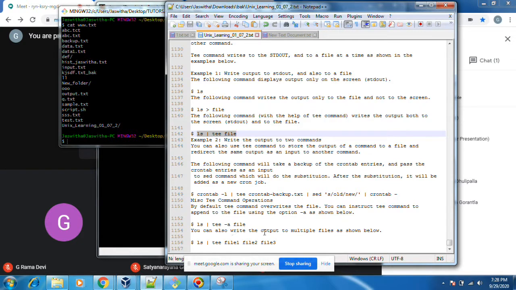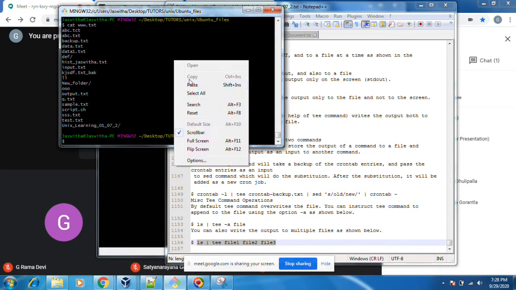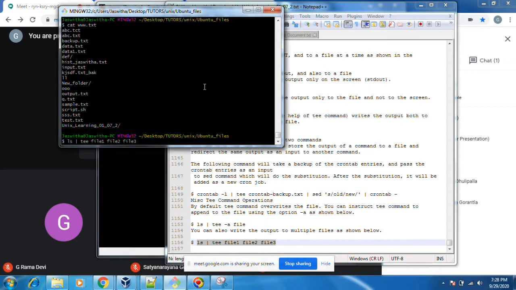You can also write the output into multiple files, as shown below. I have just appended to a single file. If I want to do multiple files, you can see like this. Hyphen a means append. If you don't give hyphen a, it will just create a file. That's it.